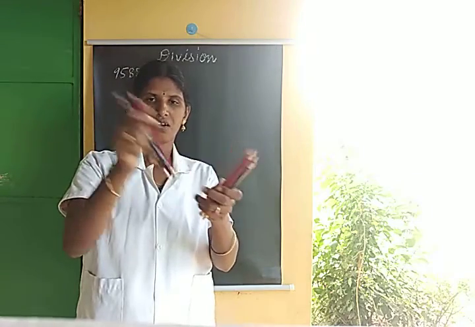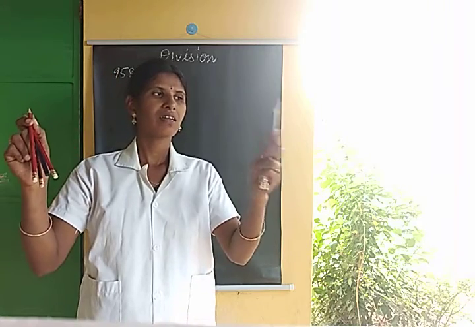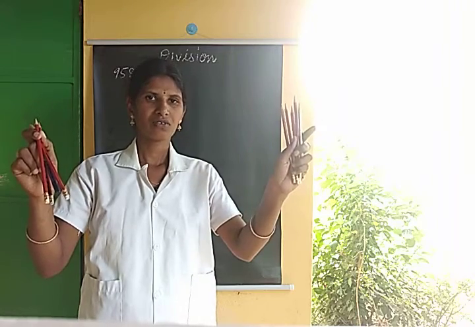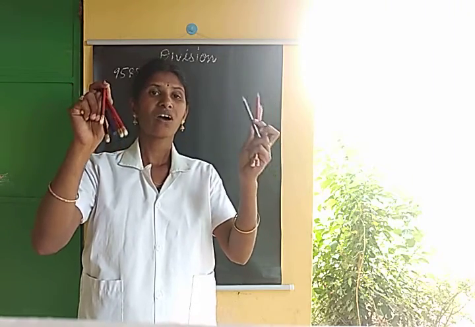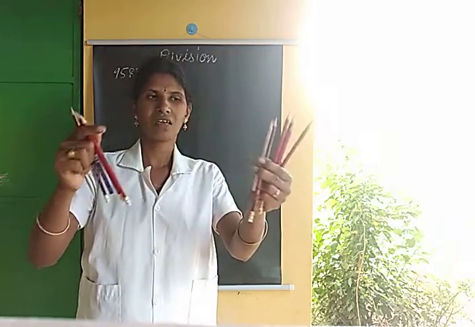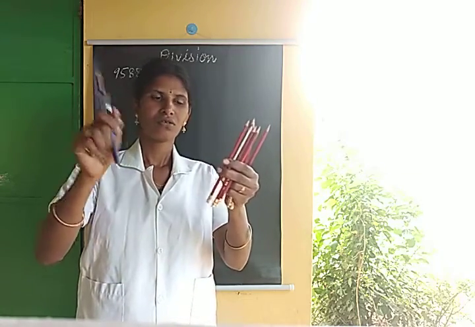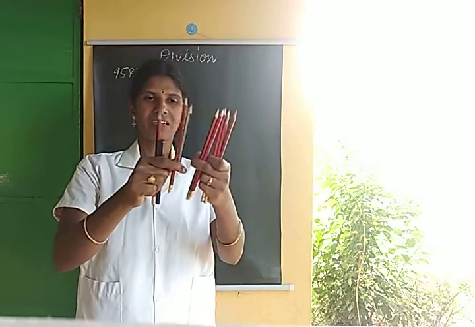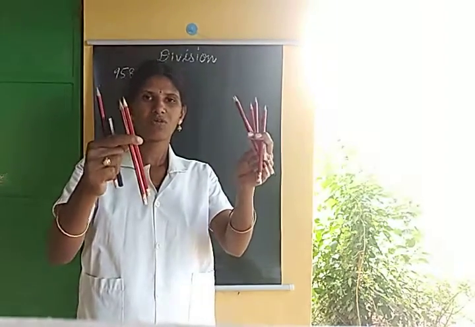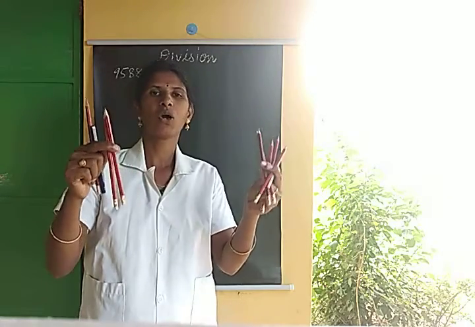This also 1, 1, 1, 1. 5 ones are there. Then, in this hand, how many are there? 5. This number is 2. This number is 1. So, for each person, I am going to give number 1 and number 2. So, how many is there? 2. I am going to give to 5 persons only, no? So, each person has how many things? 2 things. Like this only, we are going to do large number division also.